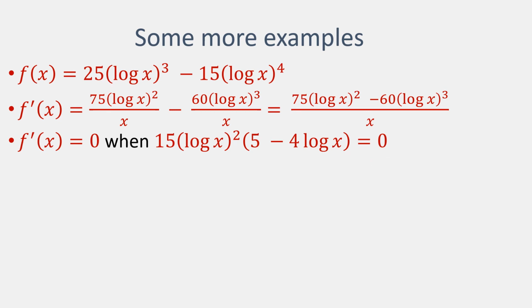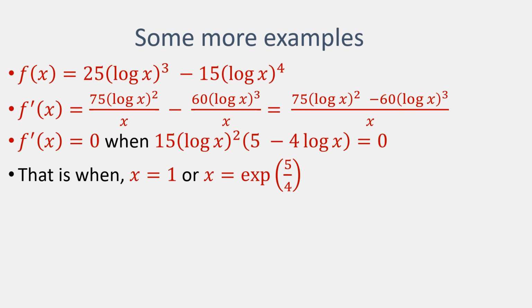And it turns out there are two cases. The first of them is when x is 1, because the logarithm of 1, it doesn't matter what the number base is, the logarithm of 1 is always 0. So that gives one of our critical points. The other critical point we find by looking at this factor here, and it turns out that when we set x to be the exponential function raised to 1.2, this term here becomes 0.